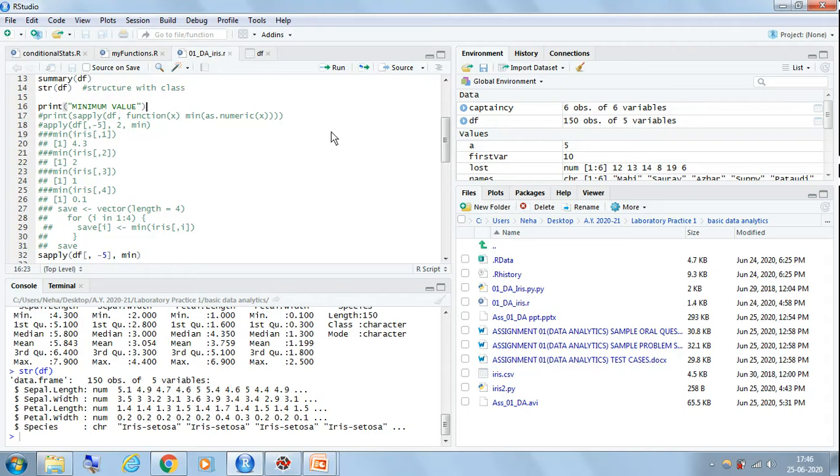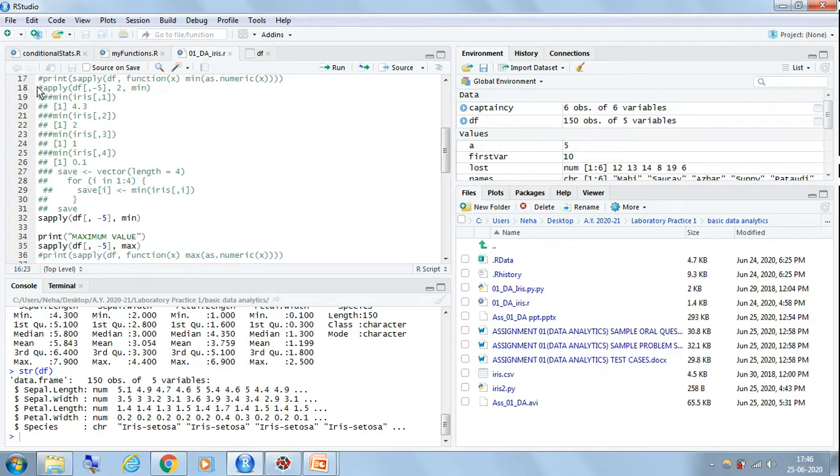First, you can use the sapply function, you can use the apply function, you can simply use the min function, or you can do it using a for loop. We will see that one by one. If you want to use the apply function, you simply use apply in brackets. On what do you have to apply? You have to apply on the data frame. Minimum value obviously you will get only for numeric attributes and not the categorical attributes.